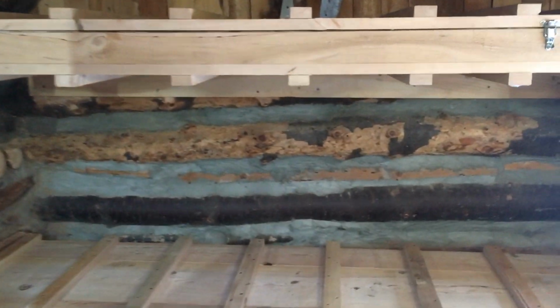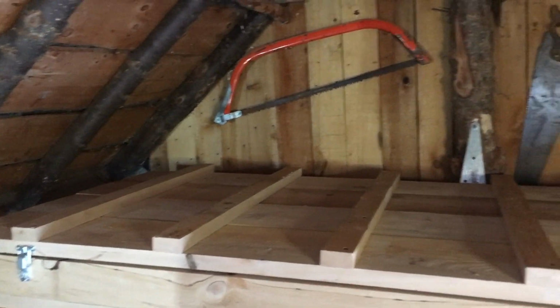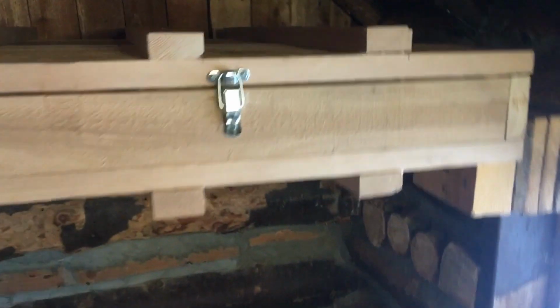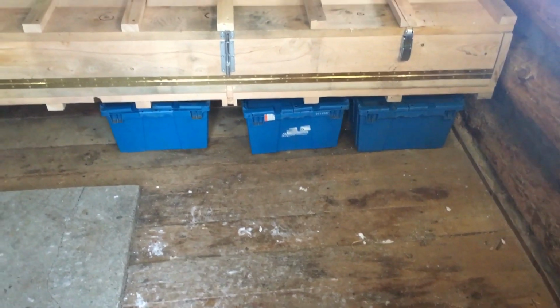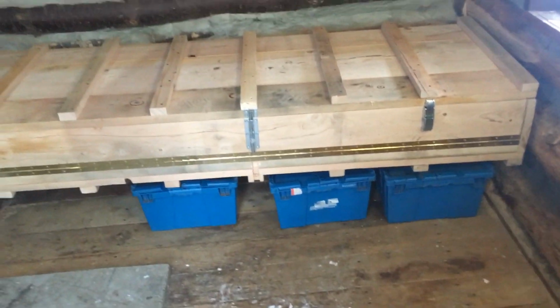So this is where we're at. Got a couple new candle lanterns, some beeswax candles. But that's the top lid. Just a couple hasps. There's 4 of them, 2 on each side. There's the bench all folded up. Brought up some new tubs that I knew would fit underneath it, so they've got all the overflow storage items. And then